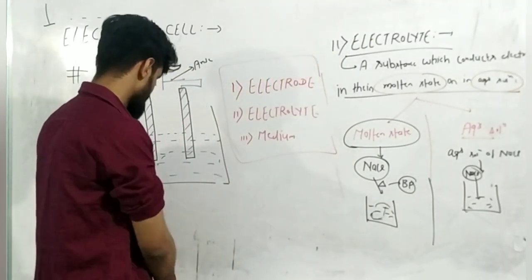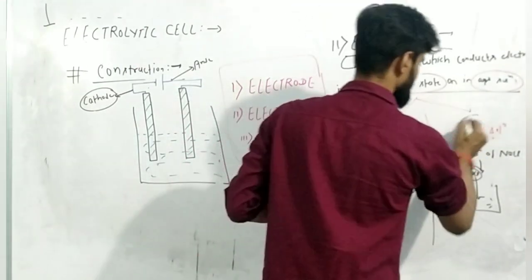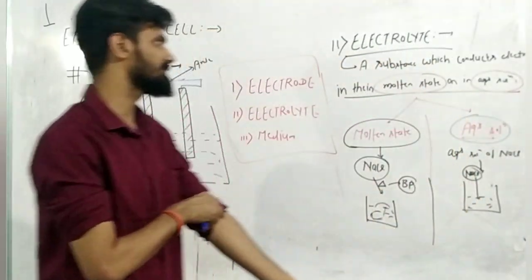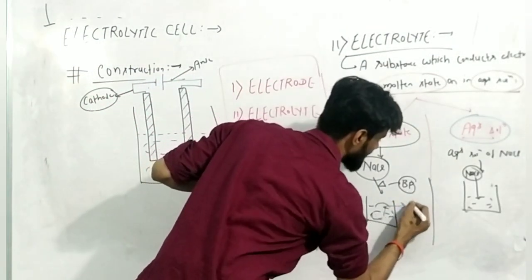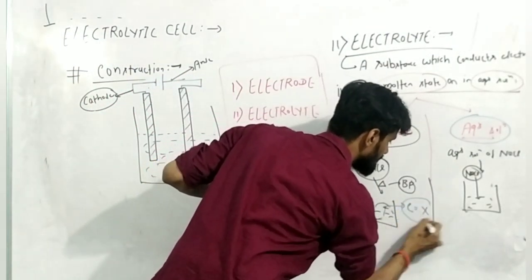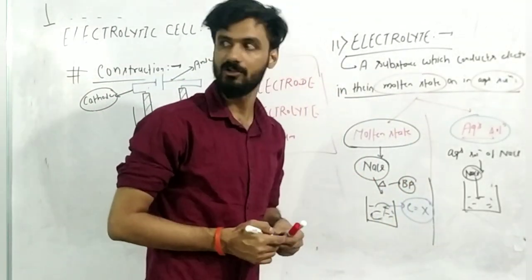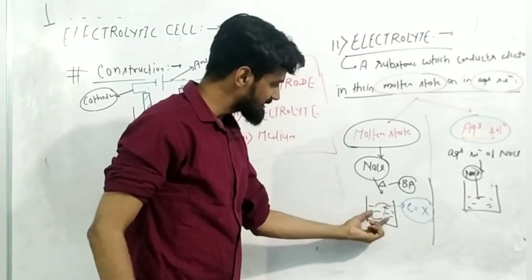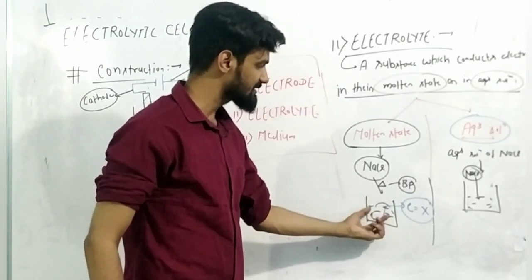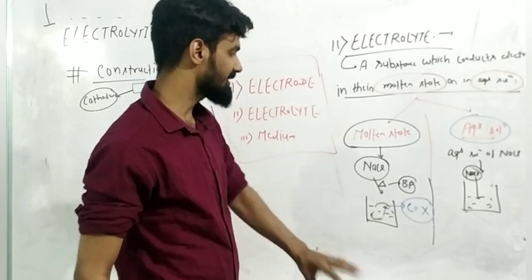Now understand one thing. We will be using this part because this is an important thing. We will be using it in the notation part of the electrolytic cell. In the molten state, you don't need to write the concentration. Why? Because you are preparing the NaCl molten solution by heating NaCl to its boiling point, and due to this it will be in the pure form. So there is no other substance existing in this solution, so you don't need to write the concentration part.